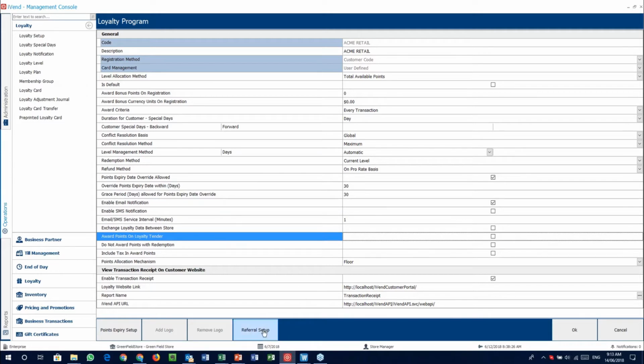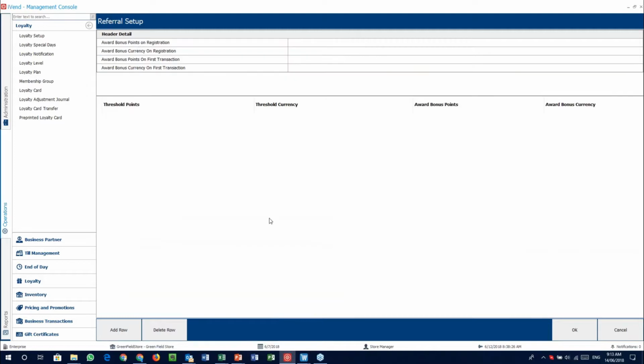The other thing you can also show is the referral setup. So, bonus points on registration, and this is something that's quite nice in iVend. We can say, hey, I sign up Jan. When Jan goes and says on his form, Keith signed me up, I get points for signing up other people. That's great. Hey, when Jan does his transaction, I get points. Hey, when he does this,